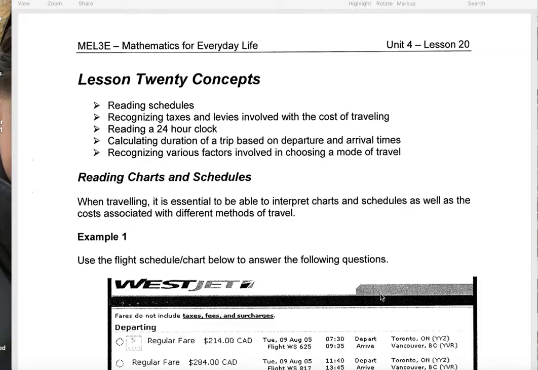So a lot of this stuff from this lesson we looked at prior to March break, so this is just kind of a little bit of a review of it before we get into our last culminating task. So reading charts and schedules. When traveling, it is essential to be able to interpret charts and schedules as well as the cost associated with